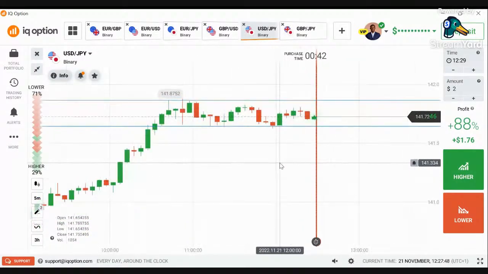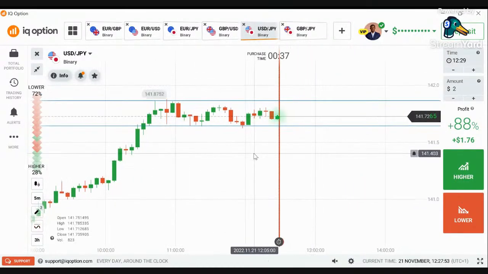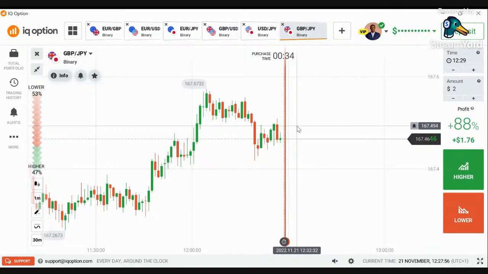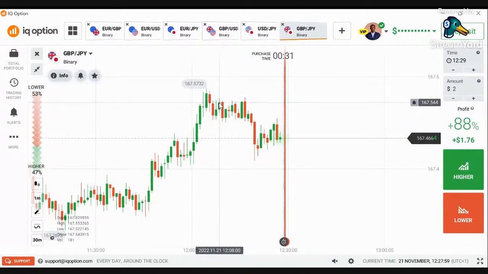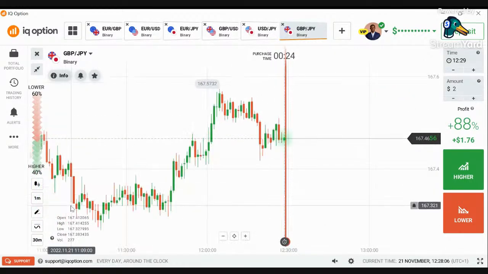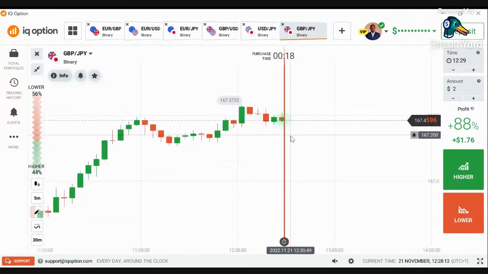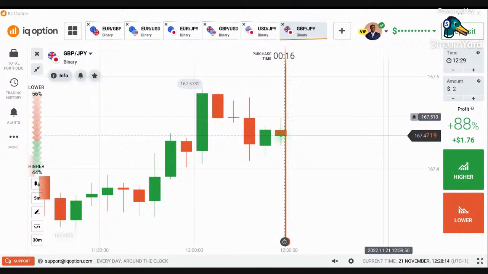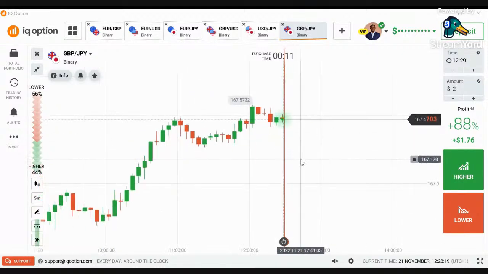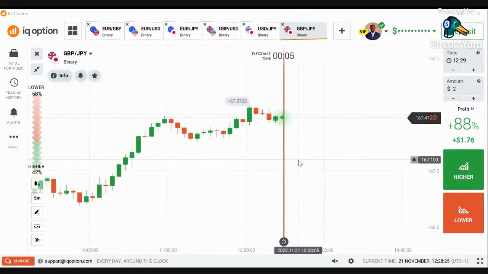Okay, on the 5 minute chart too, the market is ranging, but we could still get some more sellers anytime soon. On GBP, GBP is fair to some degree. It's not really that bad, it's not really that rough, but we're seeing too many wicks. If we get a good red candle here, the market should keep on selling on GBP.